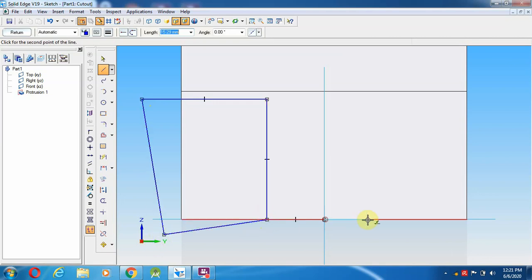It's not an issue because this area doesn't have any material, so it won't affect anything in the drawing. Next, again 20 and 45 mm, 45 full length.